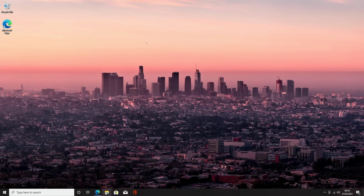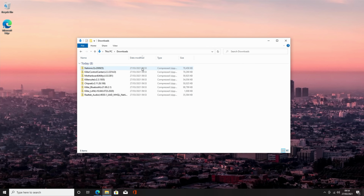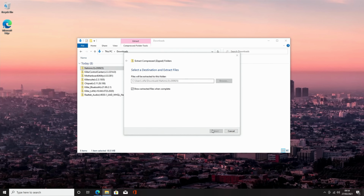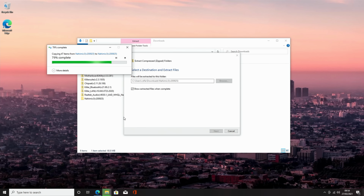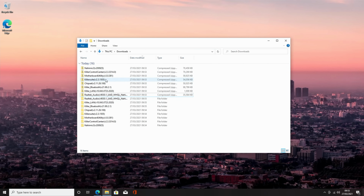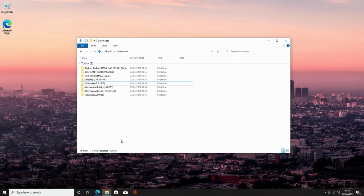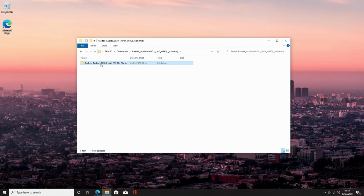Okay, so we head over to our downloads folder. And what I'm going to do, I'm going to right click and click extract all, extract. And then I'm going to repeat this for each of the drivers. That's all the files extracted. What I'm going to do now is just go ahead and delete all the compressed folders. And then we'll just go ahead and install these one by one. So we'll click on the audio drivers,